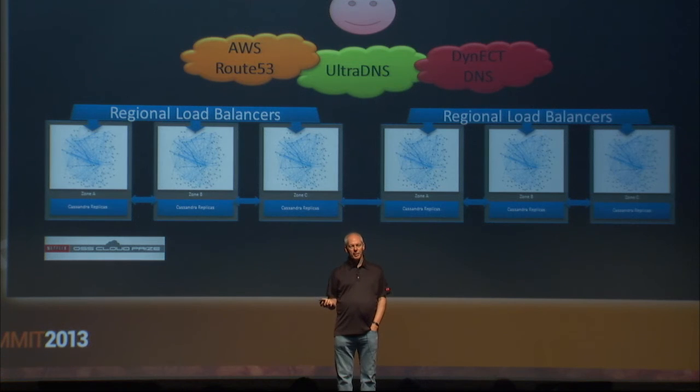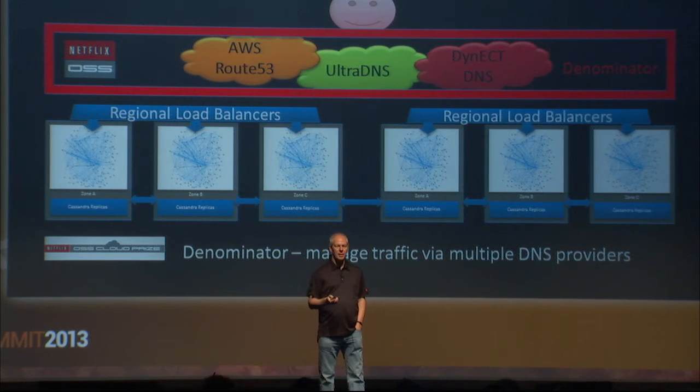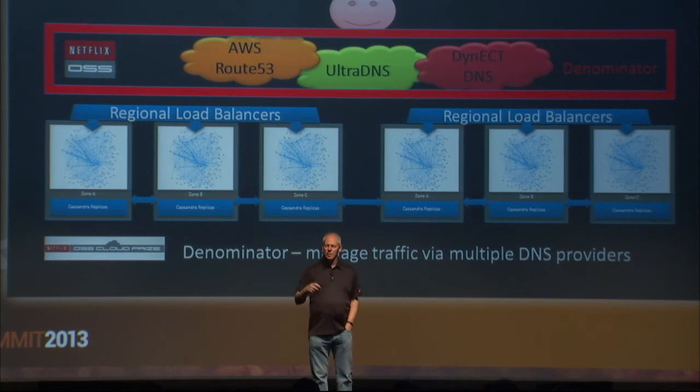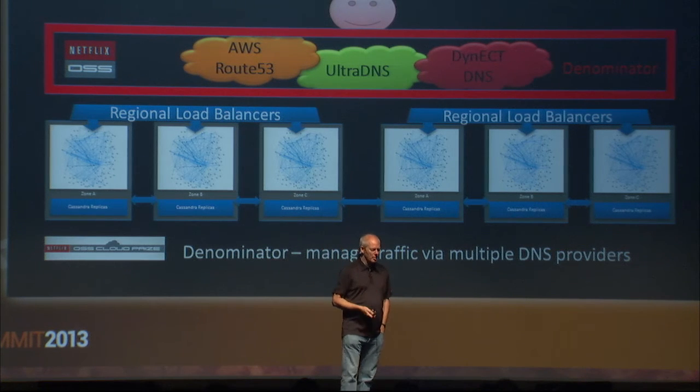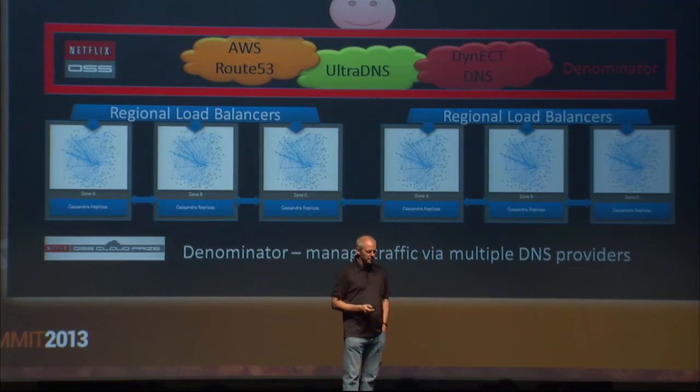Those are three radically different APIs, and they're fairly clunky, bad APIs in some cases. So we've built an open source toolkit called Denominator, and if you're doing anything to do with DNS management, you should be using Denominator. It was written by Adrian Cole, who wrote jclouds. He's one of the engineers we've hired because of our open source. He joined us in December. So he's been building this DNS abstraction layer in Java with lots of features, and we're using that to dynamically switch traffic from one region to another.